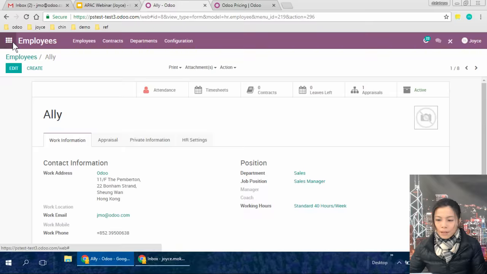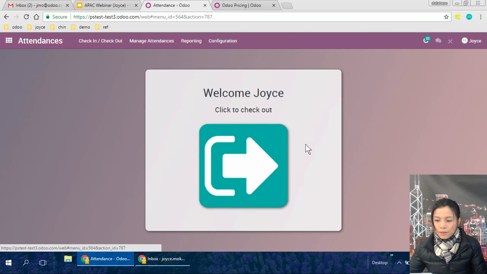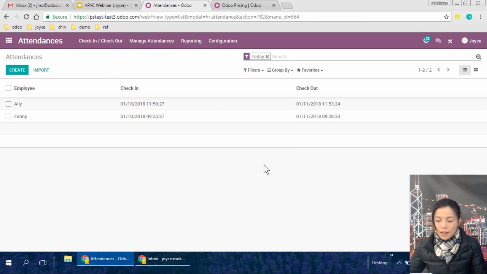Well, okay, so that would be accounting. Currently, if you want to calculate the payroll for the employees, what you will have to do is go into the attendance app, and let's say here are two employees that have clocked in and clocked out, and you will be able to see how long they've spent at work. If that's how you calculate your salary for them, to see whether they are late or whether they did OT,